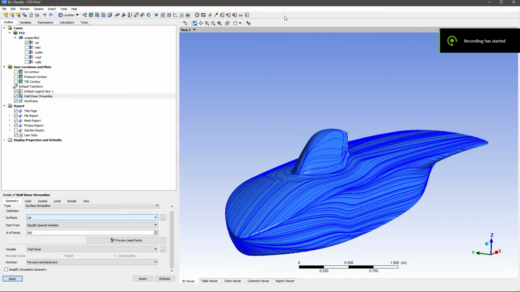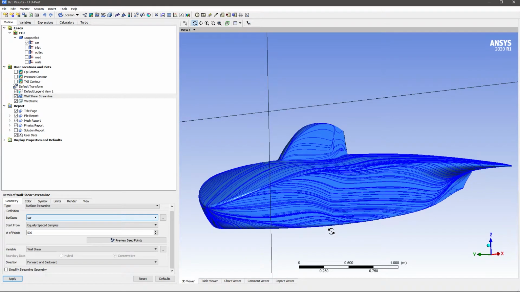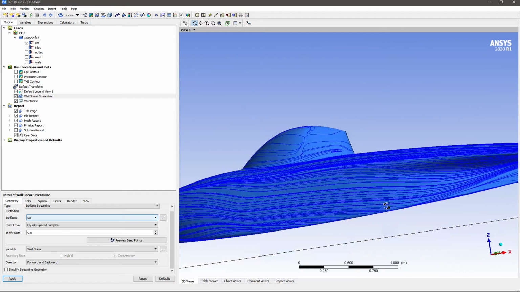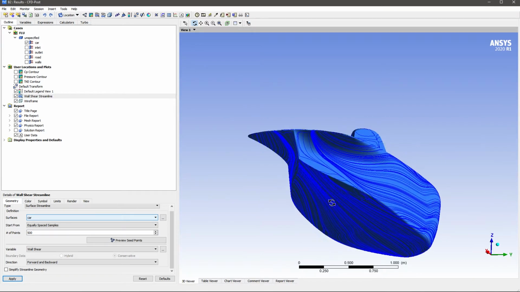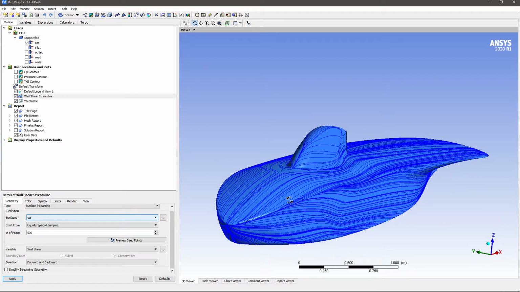All right, the wall shear streamlines have generated. You can see them along the surface of the car. You can probably guess what they're doing at this point. It's not as complicated to interpret as the other contour plots, but again, probably best left to be interpreted by your senior team members. All right, so now that we're done with all the streamlines and contours that we usually use in Blue Sky,